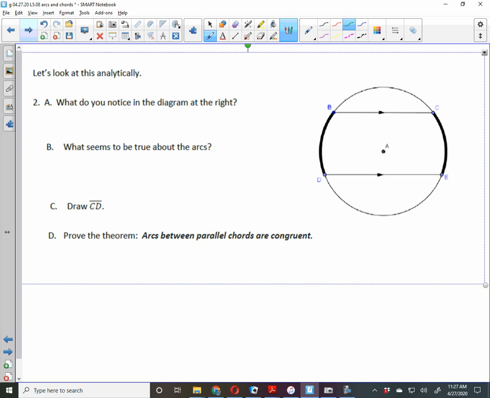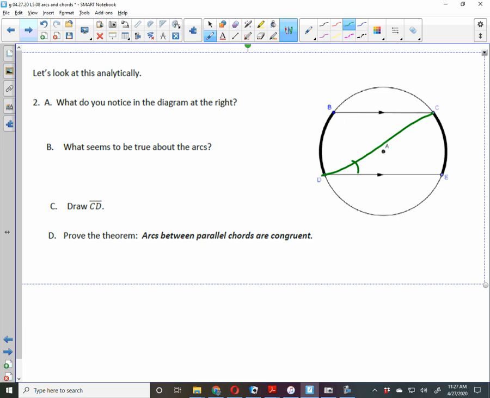What do you notice in the diagram at the right? Well, you notice a couple of parallel lines. That's going to make things interesting. What seems to be true about the arcs? It appears that the arcs that are cut off seem to be the same size. So if I draw CD, if I draw from here to here,